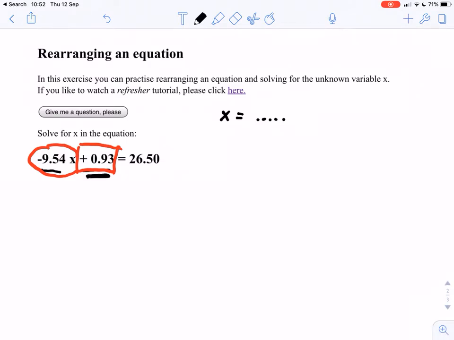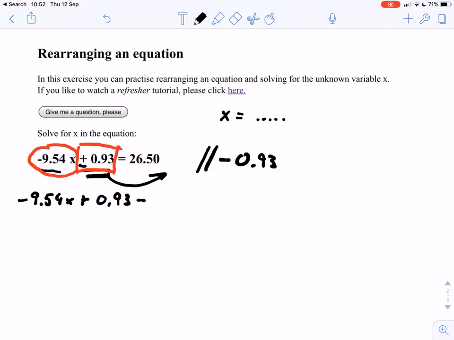So we need to bring that to the other side, and we know already how to do that. We use the inverse mathematical operation. So we've got a plus sign here, so we do minus 0.93 to both sides of the equation. And we have minus 9.54x plus 0.93 minus 0.93